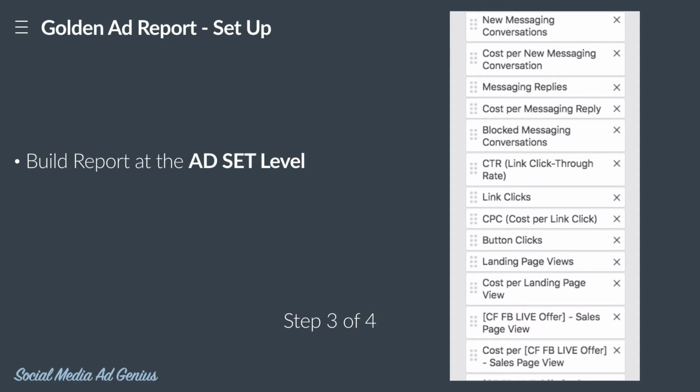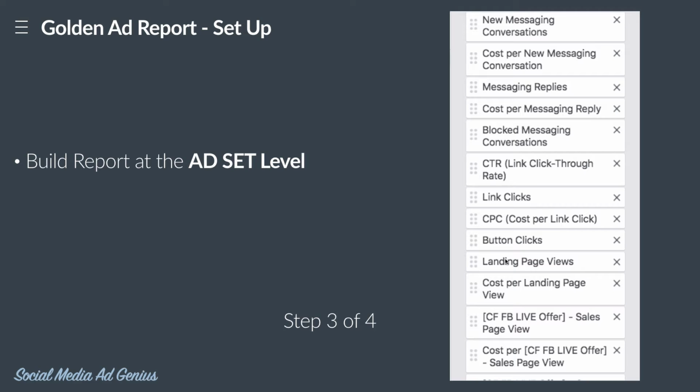So step number 3, right here. Now it's going to measure, okay, we have budget and how much spent. Now new conversations, if you're using Messenger, cost per new conversations, message replies, cost per message reply, block conversations, click-through rate, link clicks, cost per click. So now we're saying, okay, they looked at the ad, they clicked on the ad, they watched the video. Now they either became a Messenger ad or they clicked on a link, and that link then, of course, or it could be a landing, it could be a button click, and then that lands them on the landing page